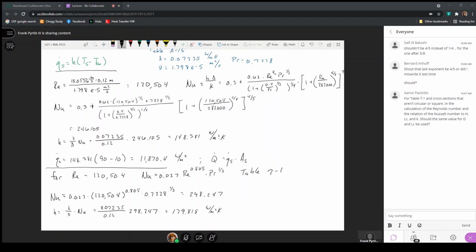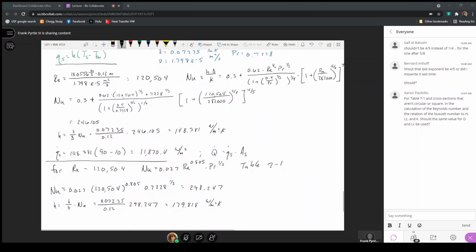So we get a higher value for the heat transfer coefficient, and that's a slightly higher value for the heat flux. So here, 14,385.4